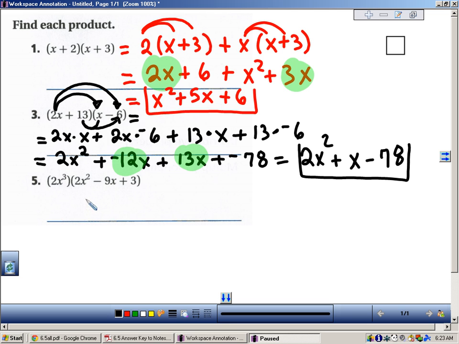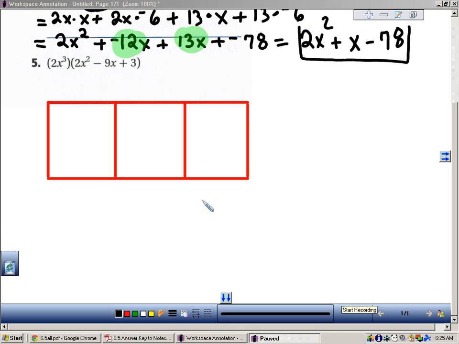All right, now, the last question here, let's use a generic rectangle to multiply this out. In other words, it's a lot like using algebra tiles. Okay, so let's use that method. So here's my generic rectangle, and here's how you multiply polynomials using this method. So you look at the first